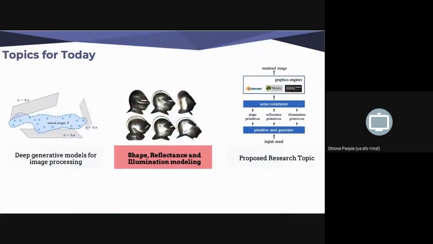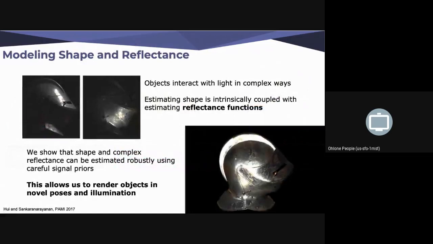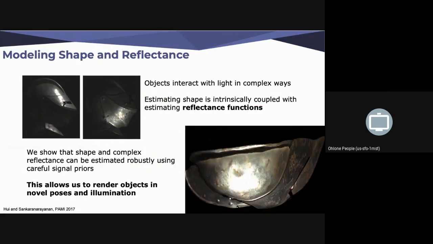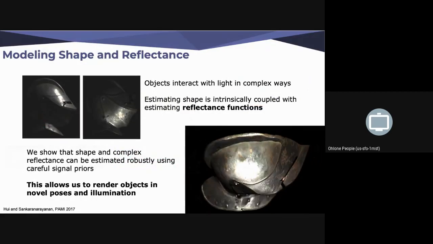Okay. So let me switch gears now and talk a little bit about a different body of work that we have done, and this one in the context of higher level reasoning that we did on images in terms of estimating shape, reflectance, and illumination in a scene. Right? So this is a classic problem in computer vision. Given an object, let's say that helmet,